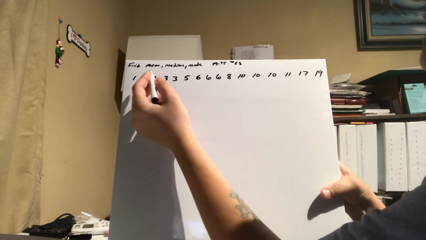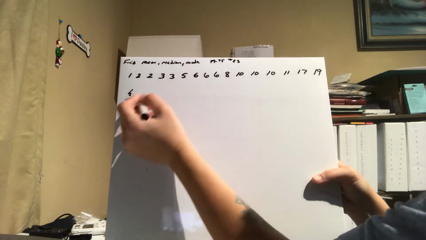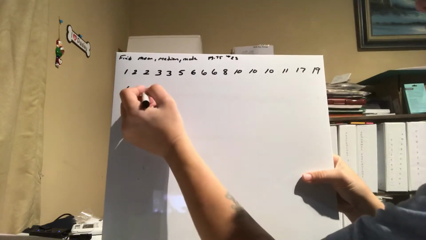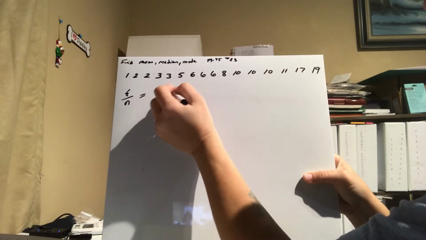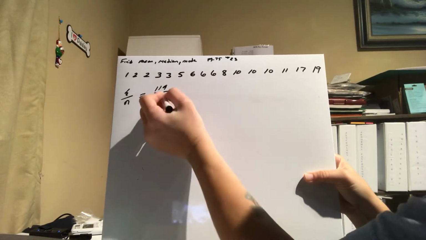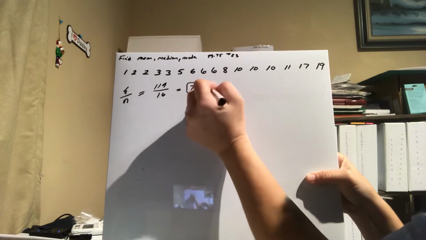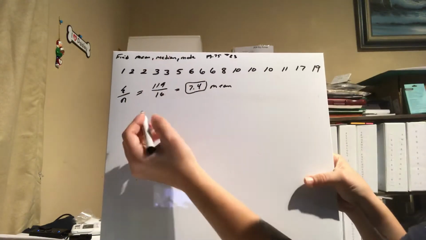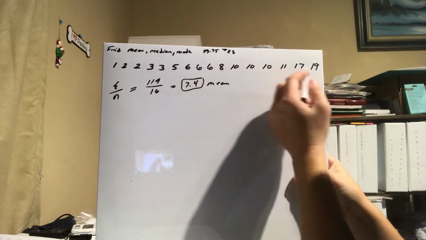easier. To find the mean, you do the sum of all the numbers divided by n. N would be the amount. In this case, there's 16. Already calculating it, it's 119 over 16. And once you divide those together, you get 7.4. That's the mean. In order to find the median, you would find out which one is the most in the